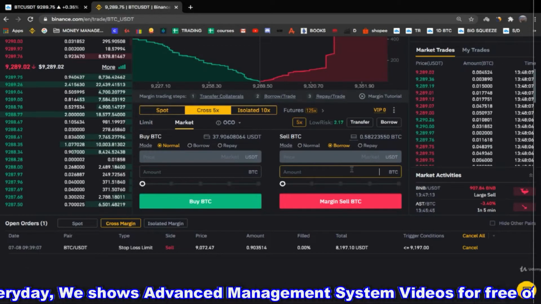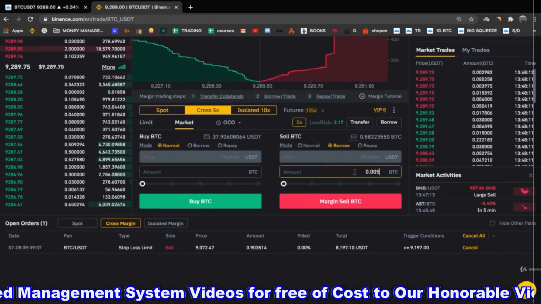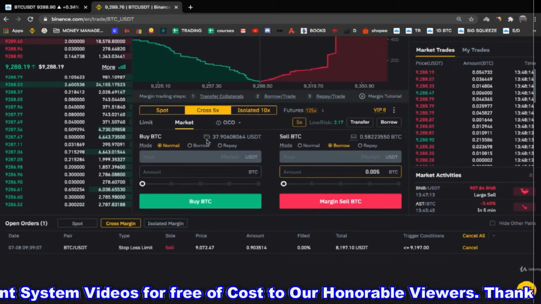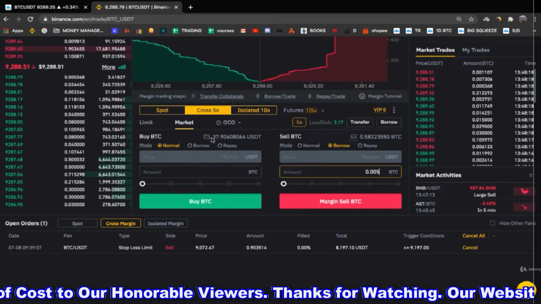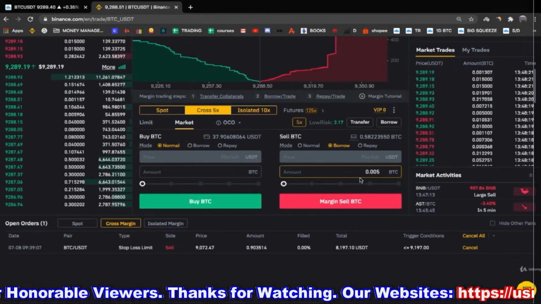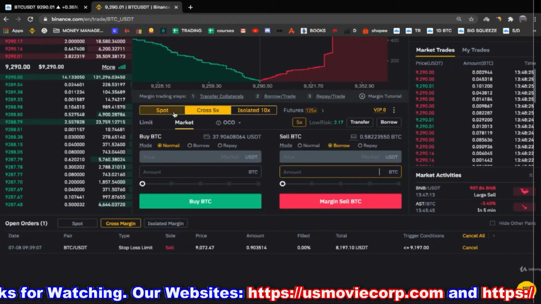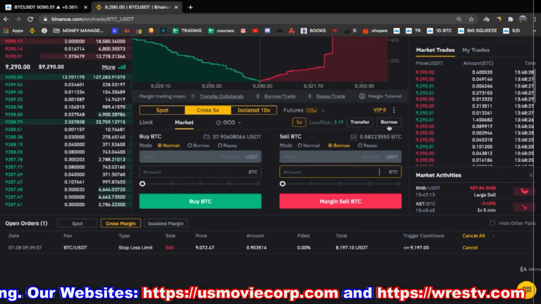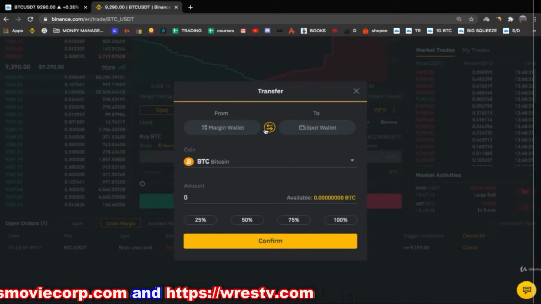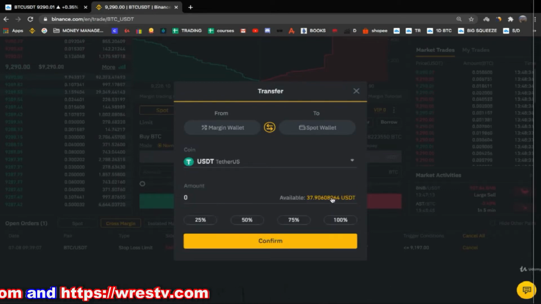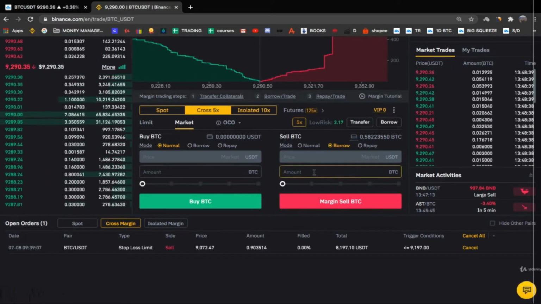The market order will simply be executed at the current price right now. Let's again type the amount of Bitcoin to margin sell, and you will see that our dollar amount will increase, right? Actually I can do something before this, so you will have a better idea. Just give me a second. Let's transfer this. Let's remove this USDT from here, so you will understand better what's going on. Okay, now we have 0 here, so now you will see how it's working.